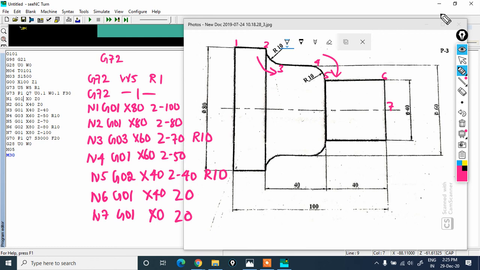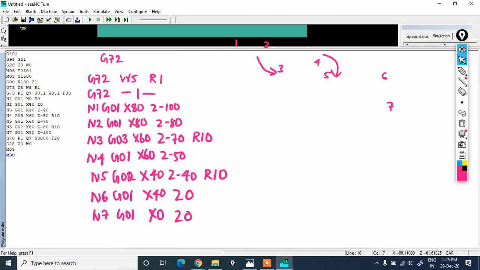So the same edit we shall do it here. So G01 X will be 80, Z will be minus 100. So next N2 G01 X 80 and Z will be minus 80. Second line is done.